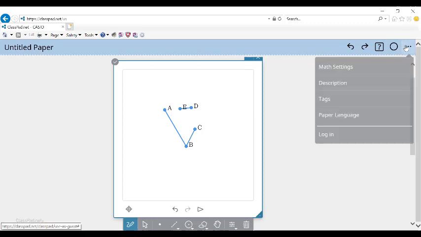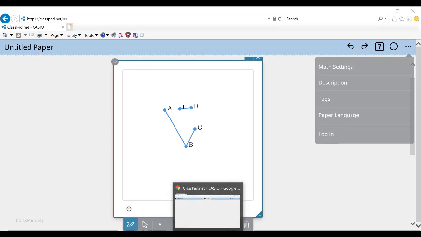So in order to save anything that you do, you have to have a login. If you haven't created one before, you want to create that. When you hit login and you haven't created an account, you can create a new account. We have a how-to on that. But if you do have a login, then you would sign in, and I do have a login, so I'm going to bring up my login.